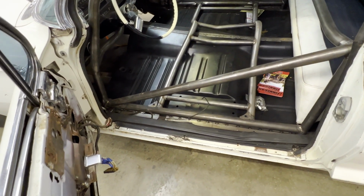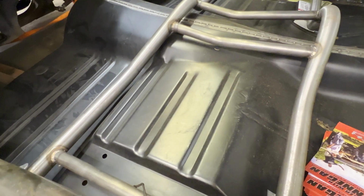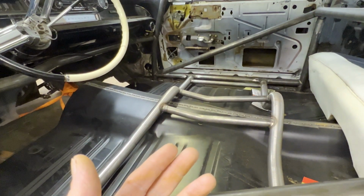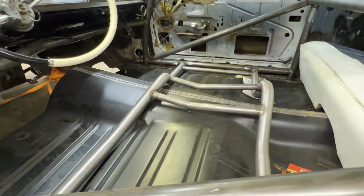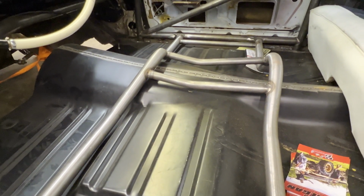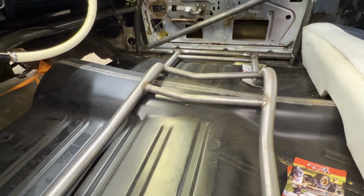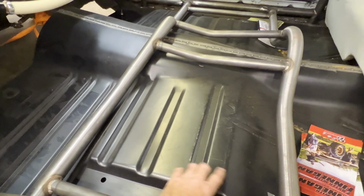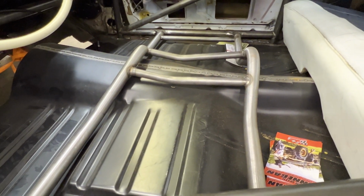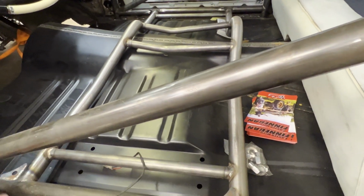We're also going to change some of the flooring because these floors are out of, I believe, a 56 Chevy Bel Air Tri-5 car. And while a great solution to getting floors in here quickly, they eat up a bunch of space in here. The electronics for the car are going to have to go somewhere. They can't all go in the engine compartment. So I'd like to have this space back under the seats for stuff like the Holley Dominator EFI computer, if that's where I decide to put it. At a minimum, I'm going to cut this area out and recess it. But there's a good chance I may cut the floor from the seat forward out completely